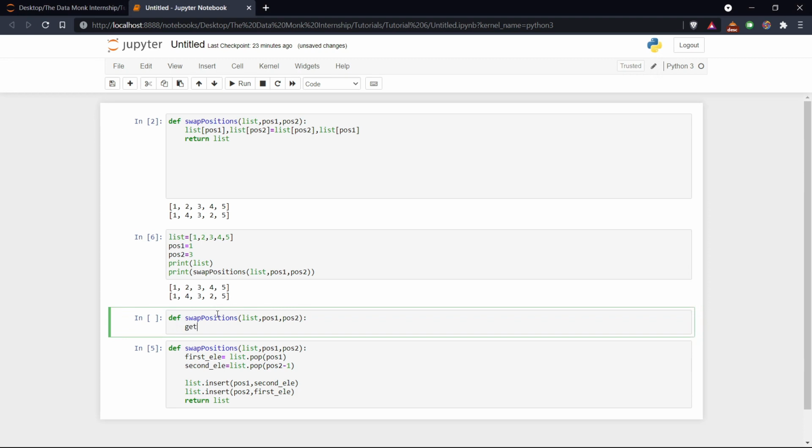So let's name it get is equal to list of position 1, comma, which will be outside, list of position 2, but list needs to have square brackets.